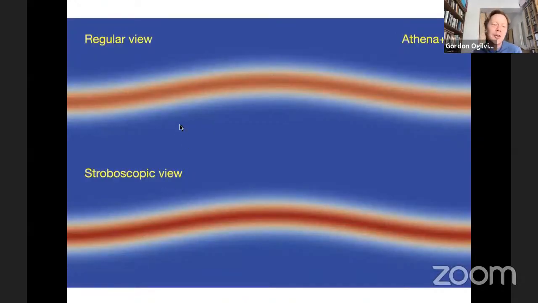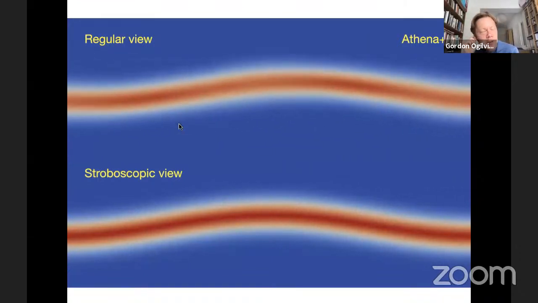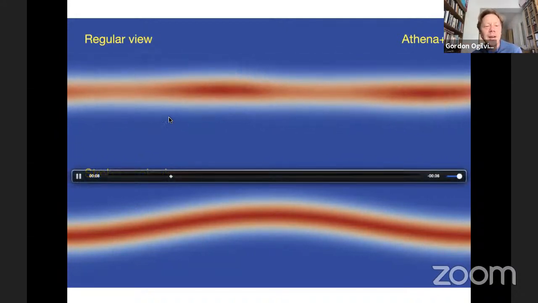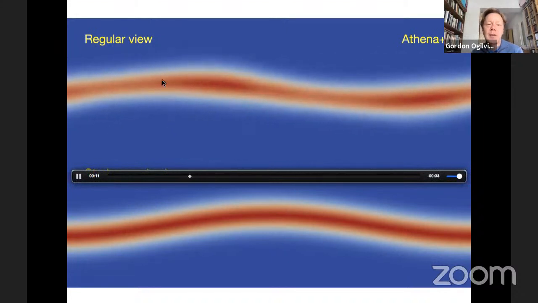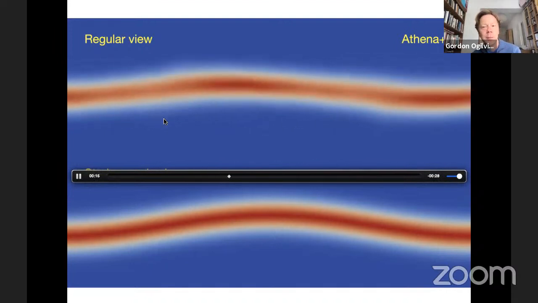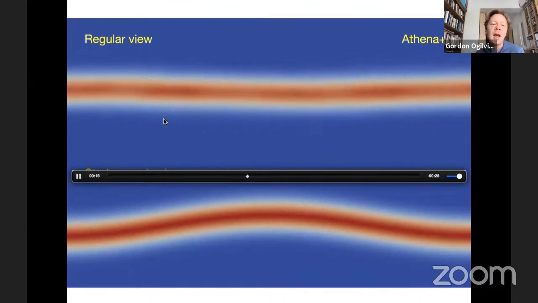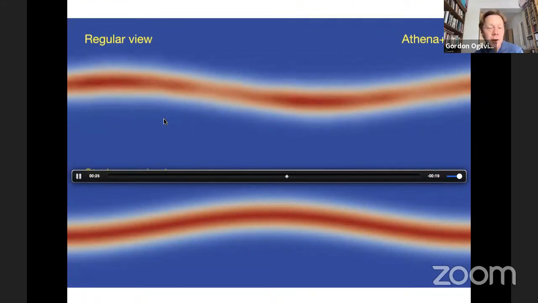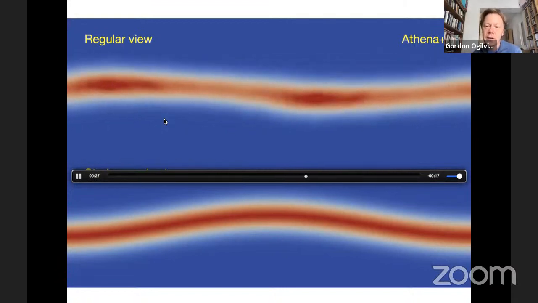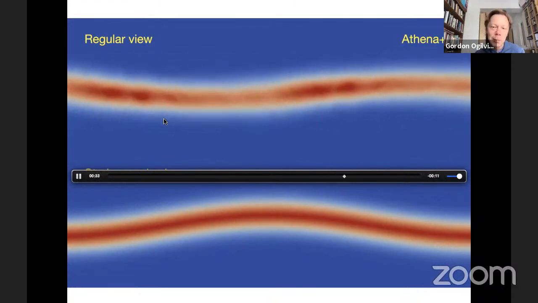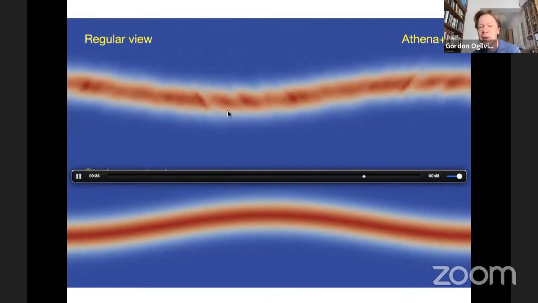As a proof of concept, here's a simulation of a very simple setup of a gas disk with this sort of corrugation representing a warp. And okay, you basically see each fluid element oscillating up and down at the orbital frequency. But of more interest is what happens on a longer timescale of many orbits. And we'll see that after some time, instability occurs. In this case, the parameters are right for this parametric instability to occur. Inertial waves are amplified and they break and they produce this turbulent motion.